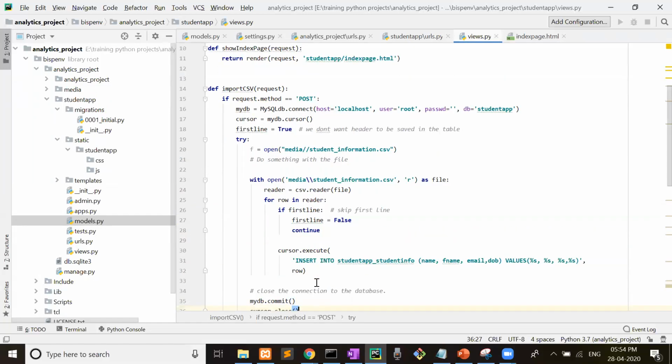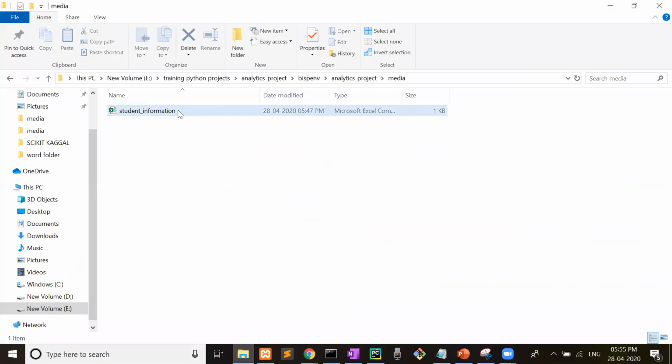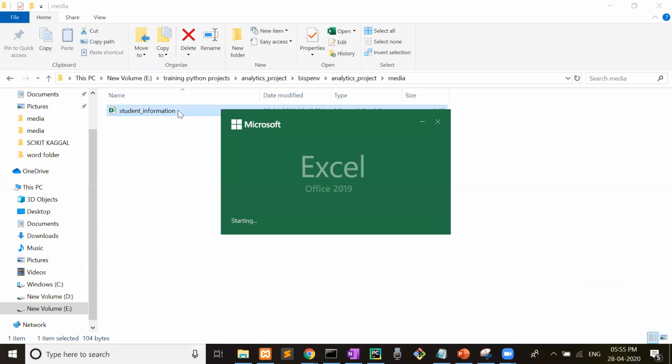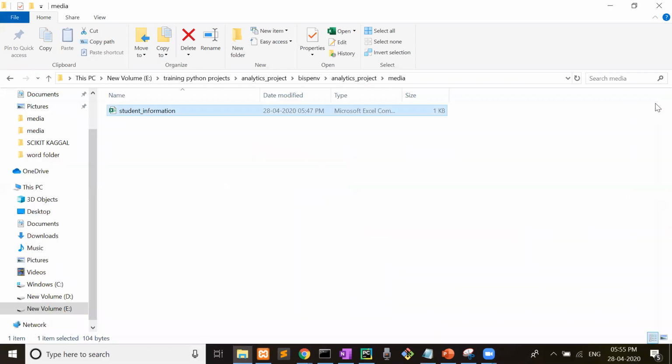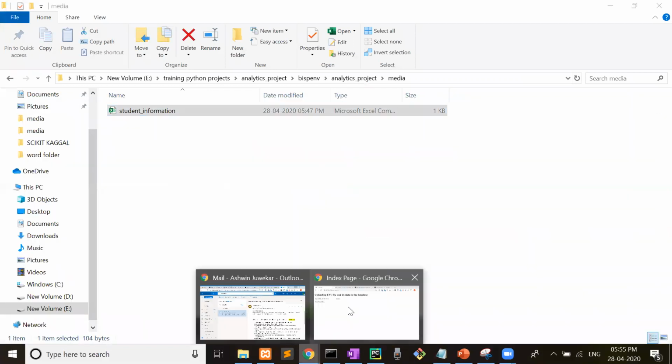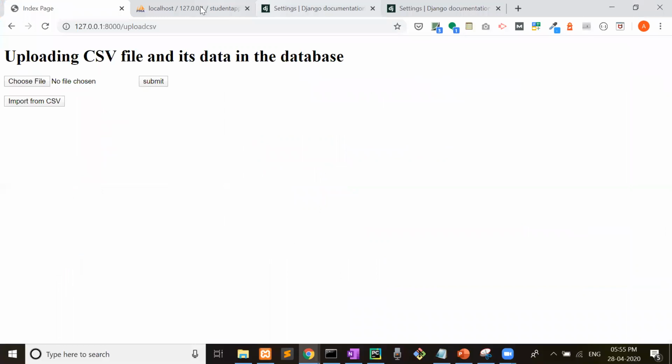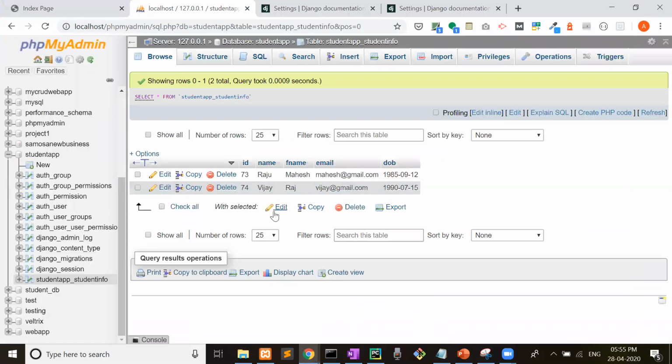Now let's see why this first line is written here. You can see the first line is not data, it is a header of every column, and we don't want the header to be inserted inside the database. You will not see the header name fname in the database, you will see only the data inserted.